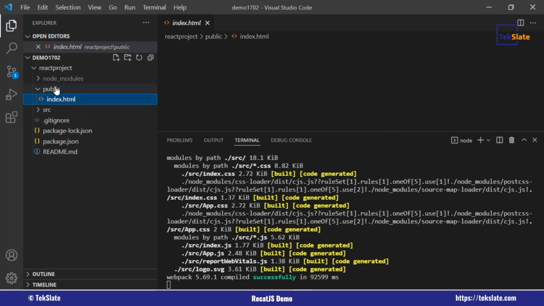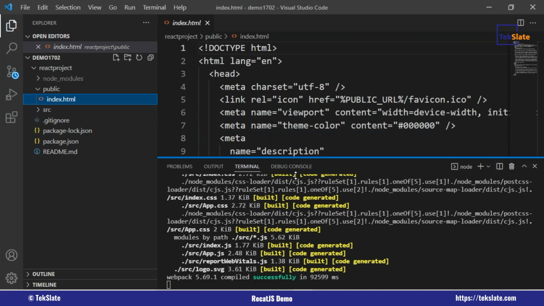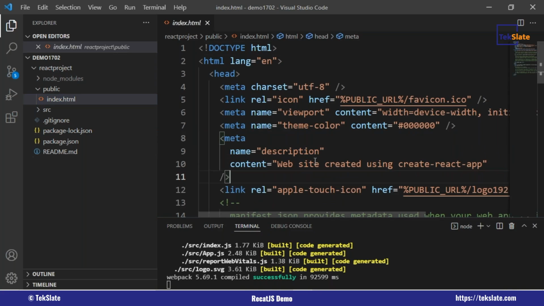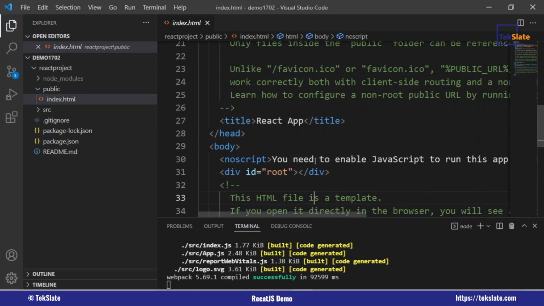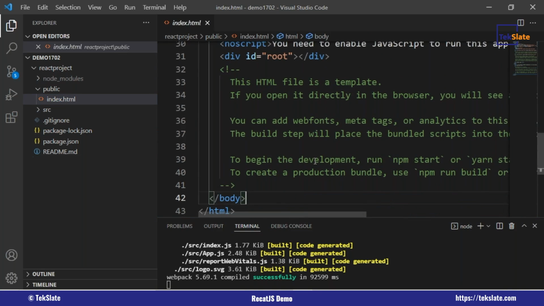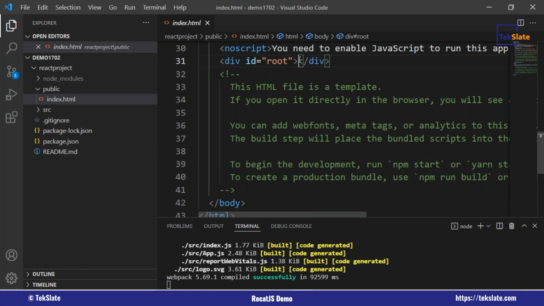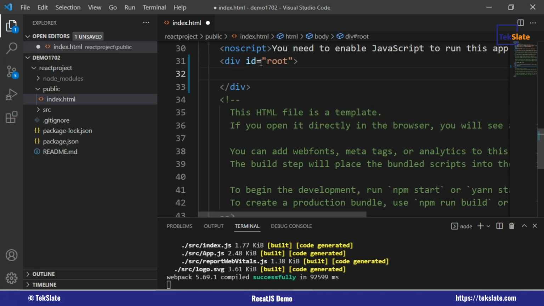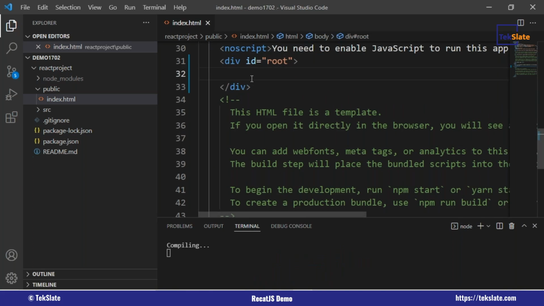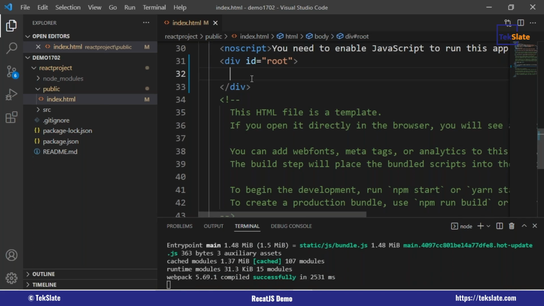Only one HTML file you will be having in your React app, right? It won't have any content. If you see the body, there is nothing. You just have a div container which is empty, but see that id alone. The id is root. You're going to create your components using JavaScript only, through React. You're not going to write anything in the HTML file, so you don't need to disturb this